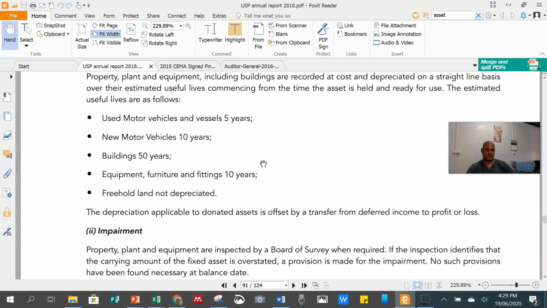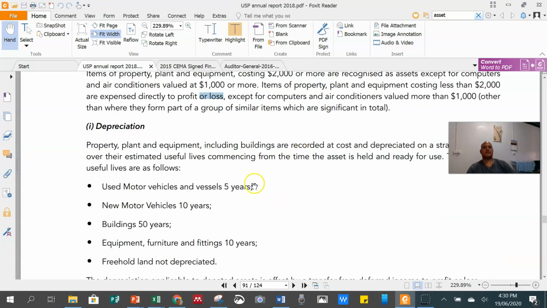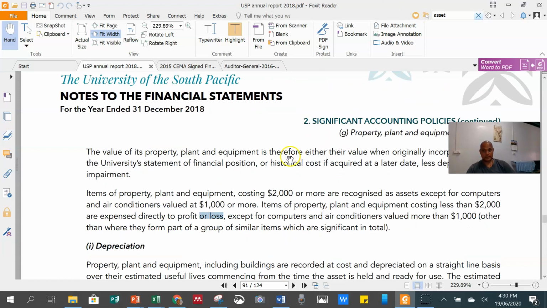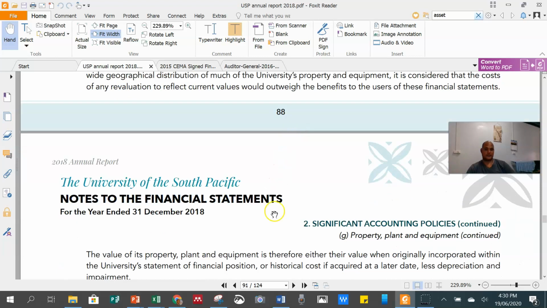So if you look at the fixed asset register that I showed you, it does not include all this information. So this is what it means. A fixed asset register needs to capture all this information for the sake of disclosing your assets, and also not attracting adverse findings from auditors.